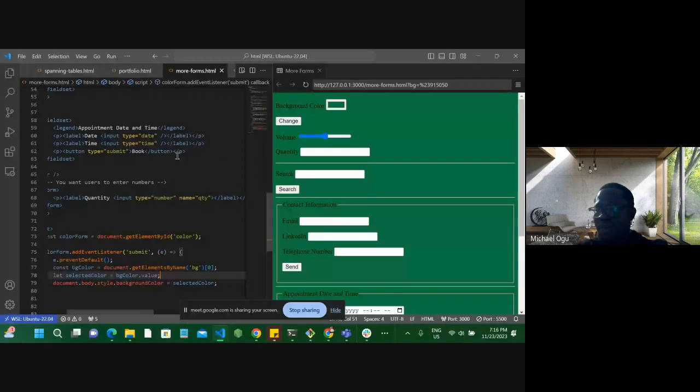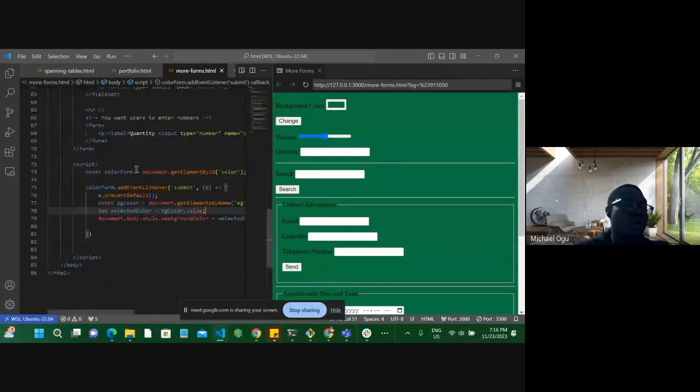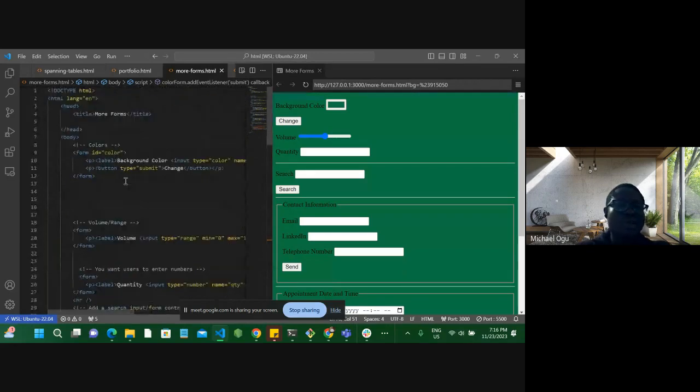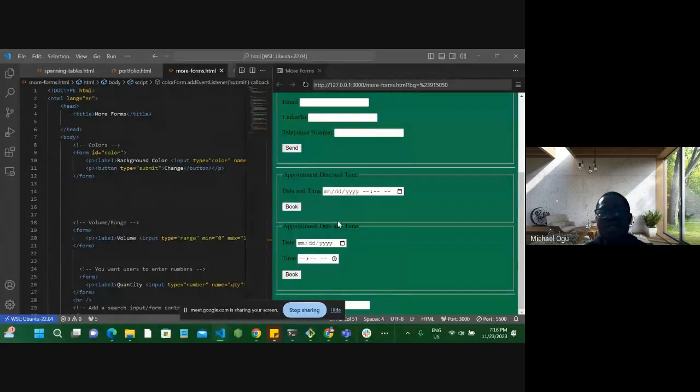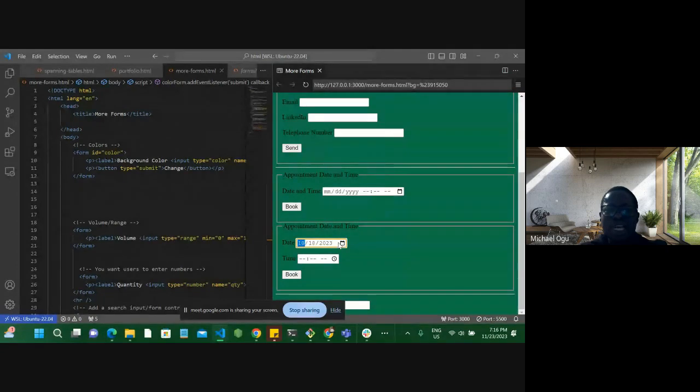Maybe let's just look at the last one, which is a datalist. Of course, forms are actually massive. When it comes to forms, there are a lot of things, but you can see that you now know how to add different things on the page. Okay, maybe this one also. If you look at this now, you see